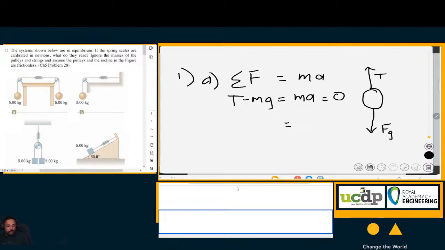Now this must be equal to zero. Tension minus the force of gravity must be equal to zero. Remember, that scale is just measuring the tension in the rope basically. So the tension is equal to mg. Okay? And if we work that out,